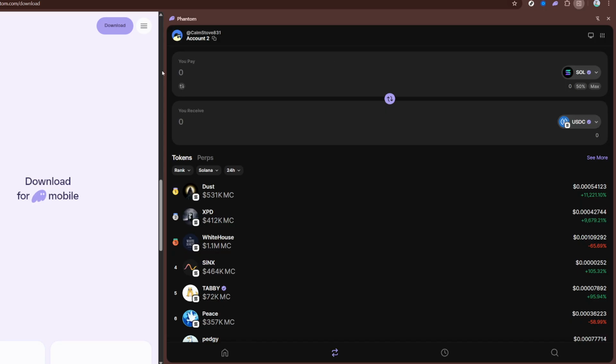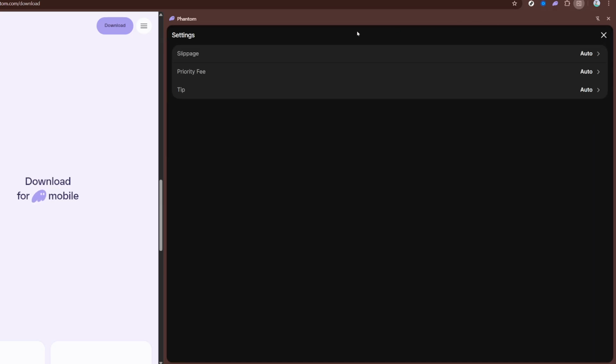Additionally, be sure to enter the amount of the token you wish to swap, as this is crucial for the transaction. After entering the tokens and amounts, it is time to open the swap settings. Look for the settings icon, which appears as a gear symbol near the swap area. Once you click on this settings icon, a swap settings panel will open, allowing you to modify various parameters related